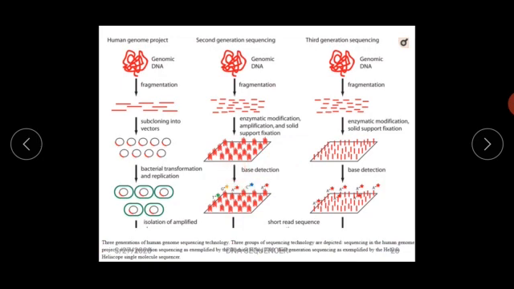Base detection means we need to understand the presence of any particular nucleotide base. For example, if here is T, here is G, here is A and C and A. So here the DNA fragments are amplified and the enzymatic modification occurs. Further, the base detection appears here. In the third generation method, we need not amplify the DNA. We just need to do the enzymatic modification and further the bases are detected. That means you waste very few chemicals.